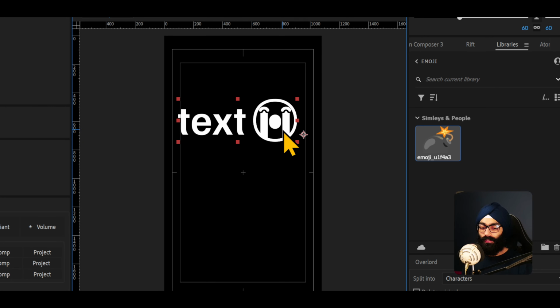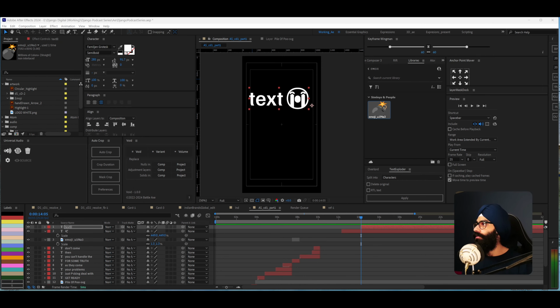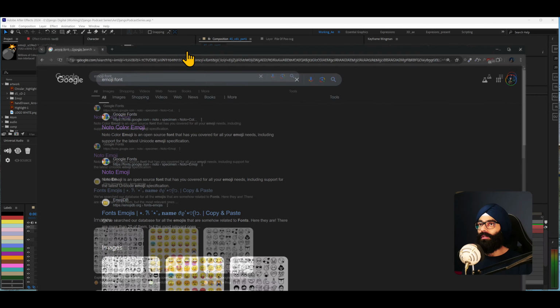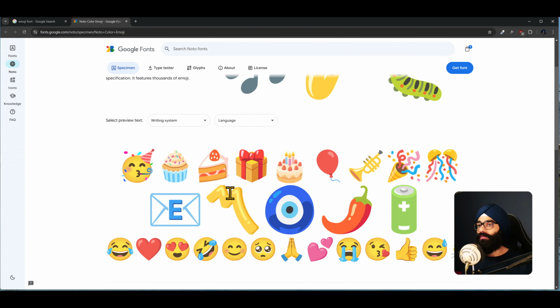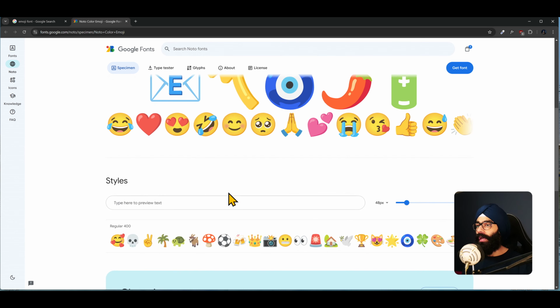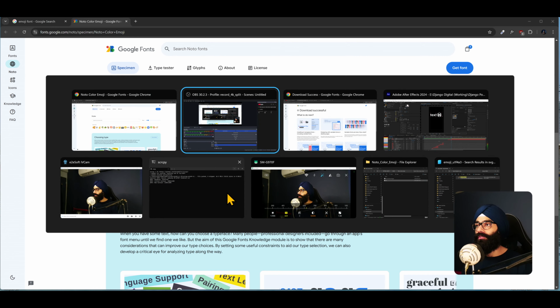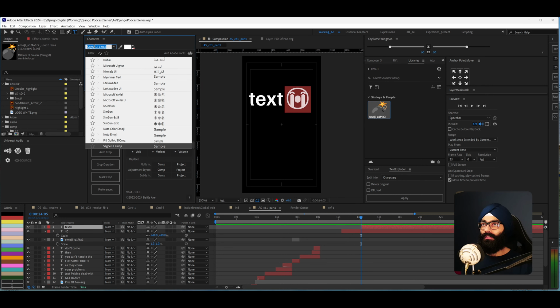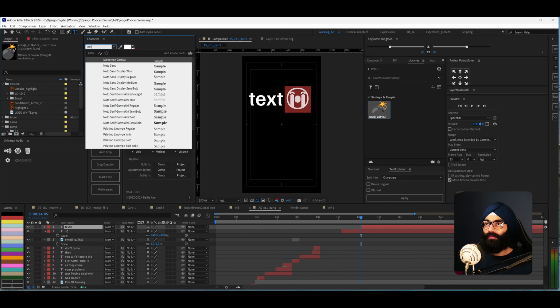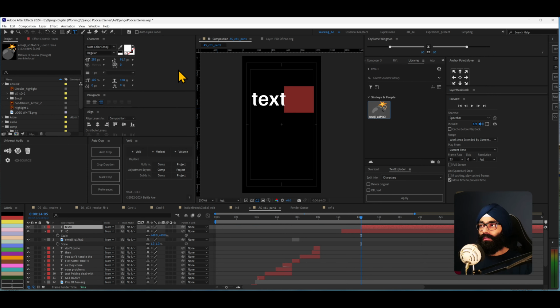And one would argue, well, you have these fonts that you can use. So if you type emoji font on Google, you get Google fonts like Noto Color Emoji. I have downloaded both of these, Noto Emoji and Noto Color Emoji, and this sounds like a promising thing, right? You could just have a font, and you choose that font, and whenever you want to add an emoji, you switch the font for this particular part. It's currently by default taking Segoe UI Emoji, you say Noto Color Emoji, and when you select that,